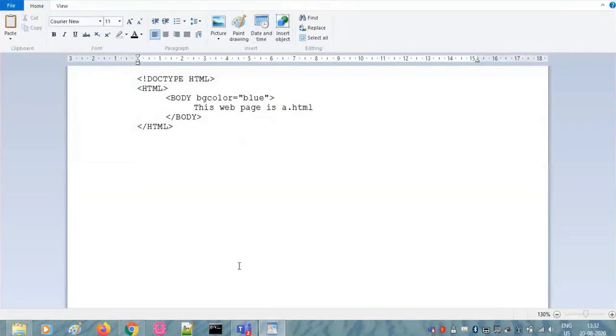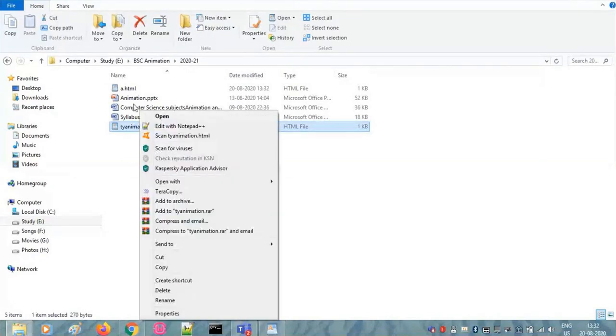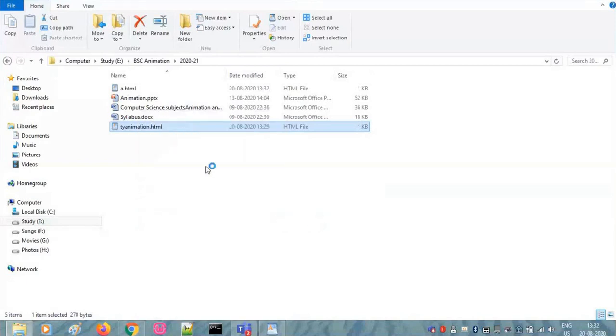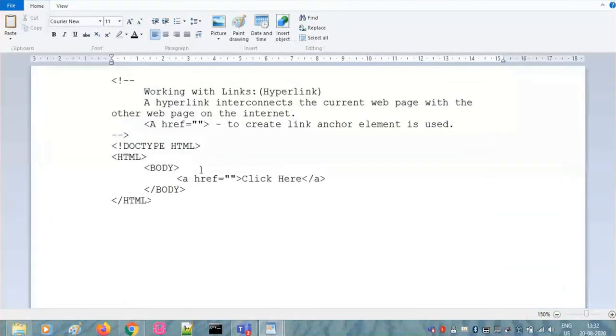So this is a.html, and this is ty-animation.html. Both the files I am having in the same folder. This is important: the file must be in the same folder. In this file ty-animation.html, the link is there. Okay, the link is there inside